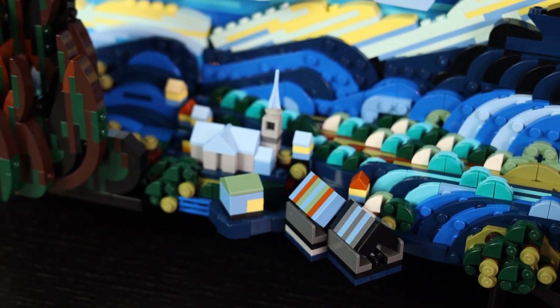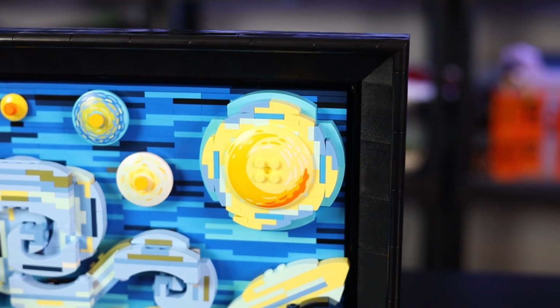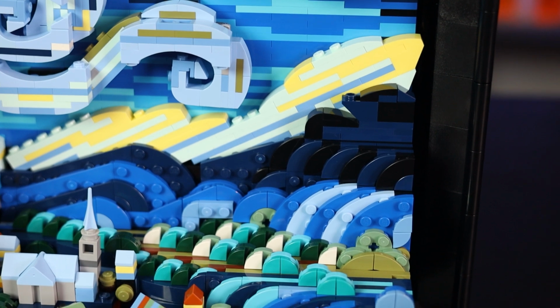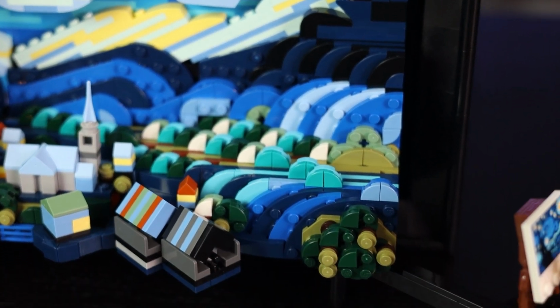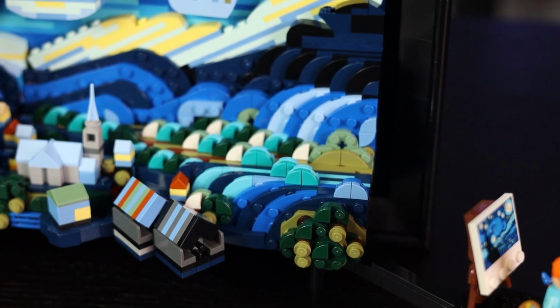You can see at the bottom right of the painting there are a bunch of different pieces to represent, I believe, the forest and the mountain range. A large variety of colors, including lots of dark earth brown and green colors to represent the trees and everything like that. And then the only other detail I want to mention is this large spire here, and